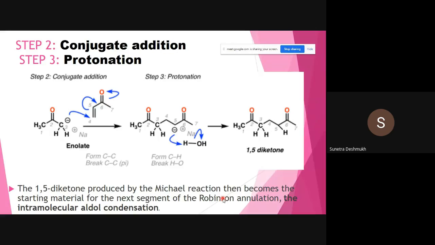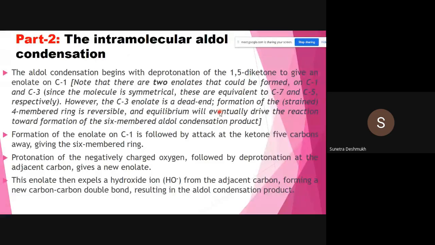In that way, the 1,5-diketone produced by the Michael reaction becomes the starting material for the next segment of the Robinson annulation, the intramolecular aldol condensation. So we are going to pick up this 1,5-diketone for the intramolecular Michael reaction. The second part of the reaction is the intramolecular Michael reaction. Intramolecular, that means